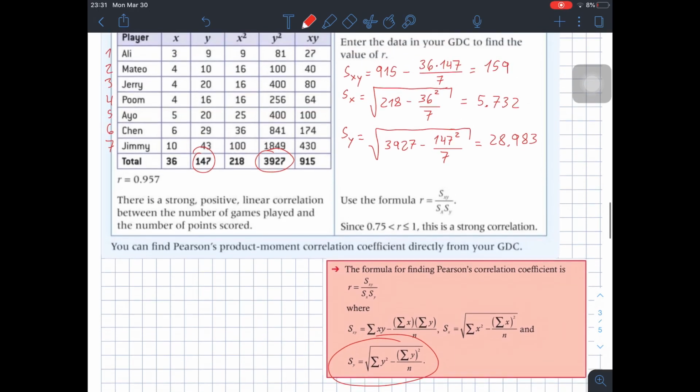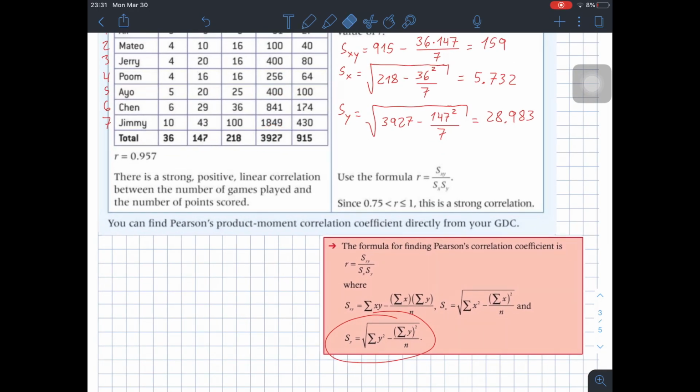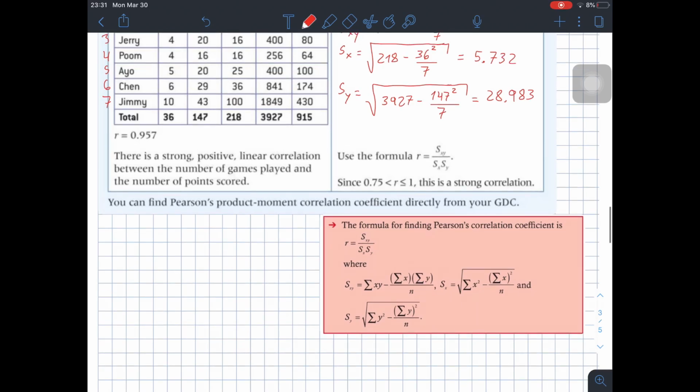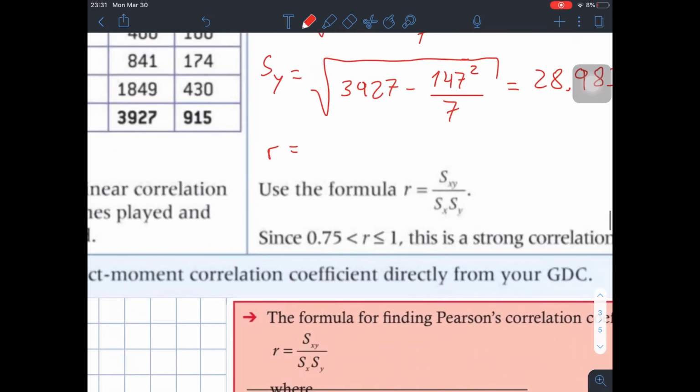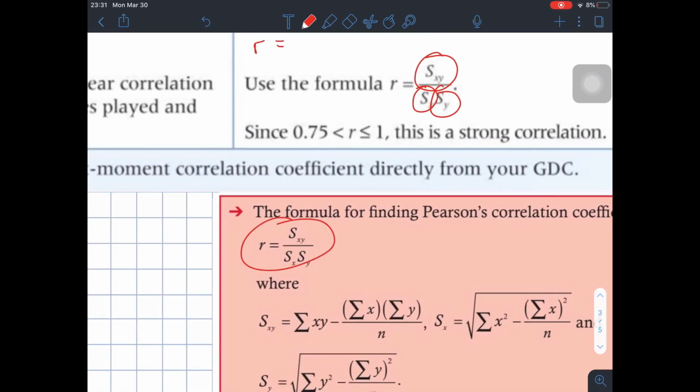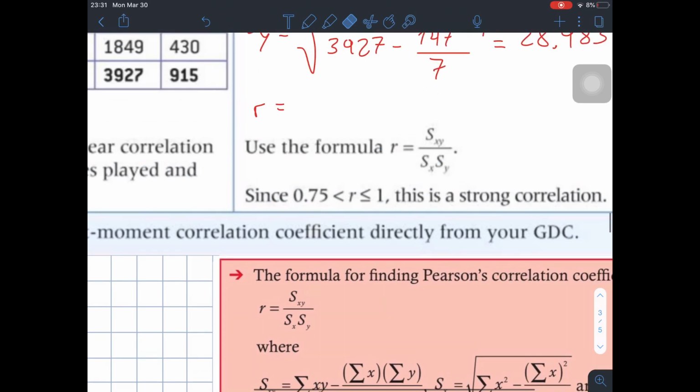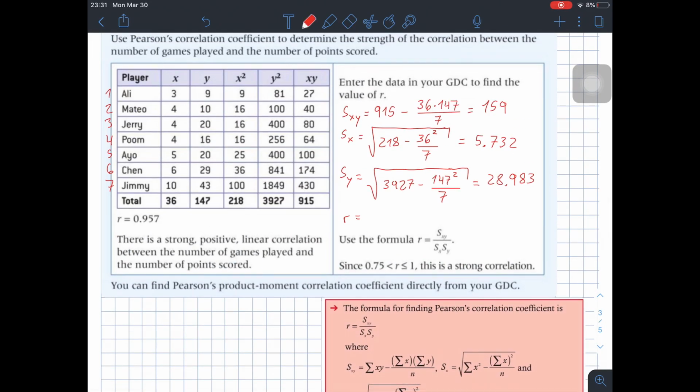Okay, so finally, the value of r would be this, s of xy over s of x times s of y, which is the same thing we have here. So by applying that formula, we would get 159 divided by 5.732 times 28.983, and this would give us,